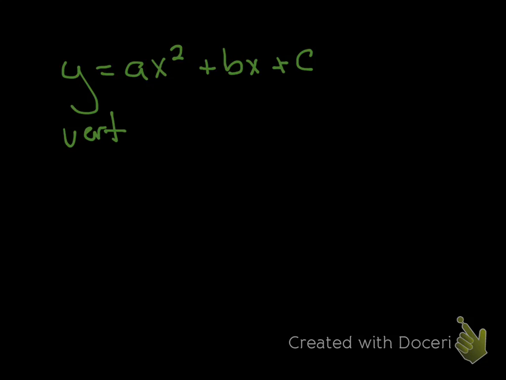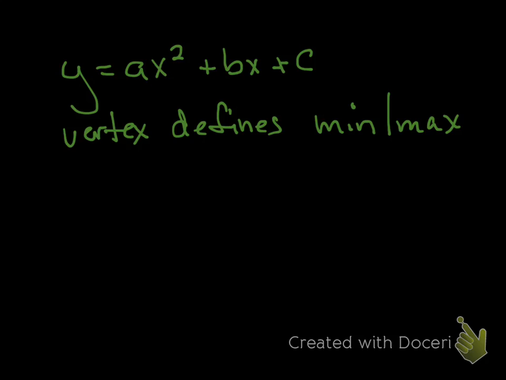Alright, so just a real quick review. Okay, so standard form of a quadratic is ax squared plus bx plus c. And we'll talk about what the a, b, and c mean in the next couple days. All right. The vertex defines the min or the max, depending. Okay, and then the axis of symmetry